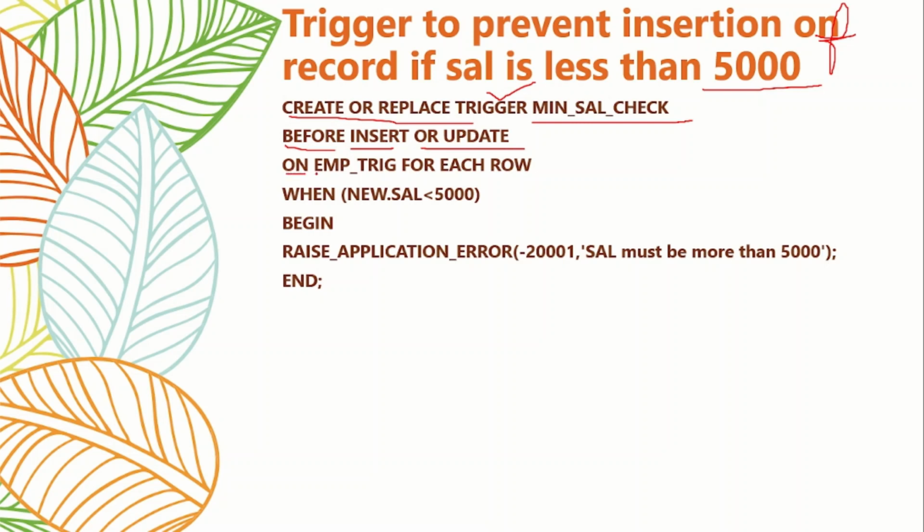And on EMP_trig, this is the table on which this will be created, and this is type for each row. This is a row trigger and a before event trigger, and these are the two events on which it will be fired, and this is called trigger restriction.